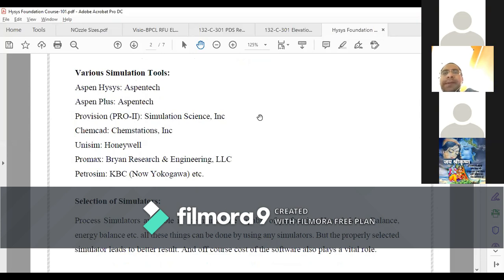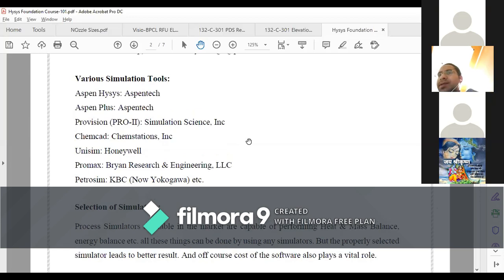Somebody will say they are using ChemCAD, somebody will say Unisim. The only difference is where you are working and in which sector. That is the governing factor for using different simulation tools.